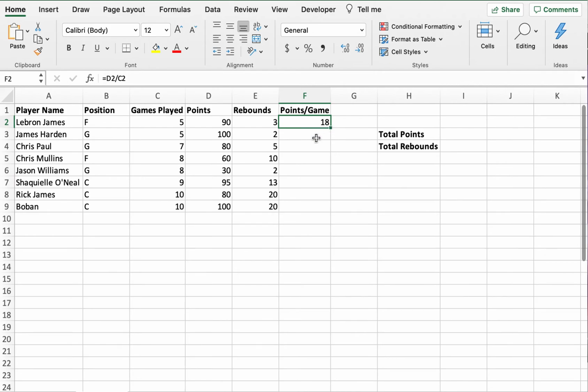Instead of applying this formula, writing it again and again all the way down, just double click on the corner here, and then you can see that Excel just applies the formula to the rest of that. Now just to clean it up, you can use the arrows here to remove the number of decimals you want. You might want to see the tenths place. If not, I think round numbers are best for this example. So you can see the